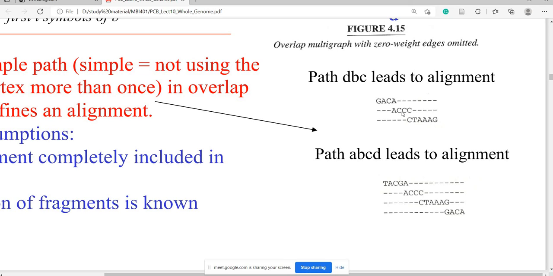AC is common, and C is common here. D means the fourth fragment, B the second, and C the third. The path A, B, C, D also leads to an alignment, and there is a fourth fragment like G, A, C, A.